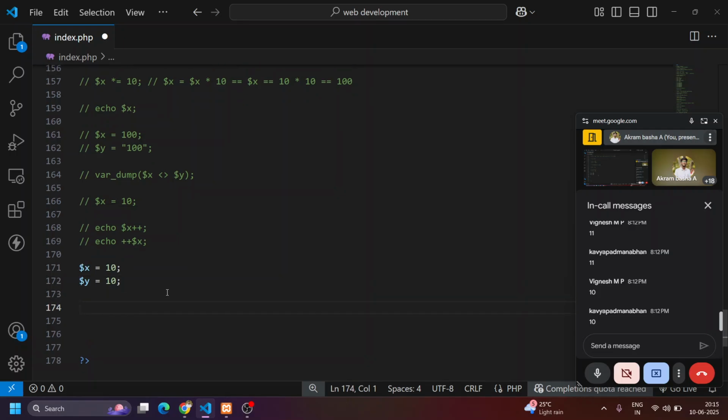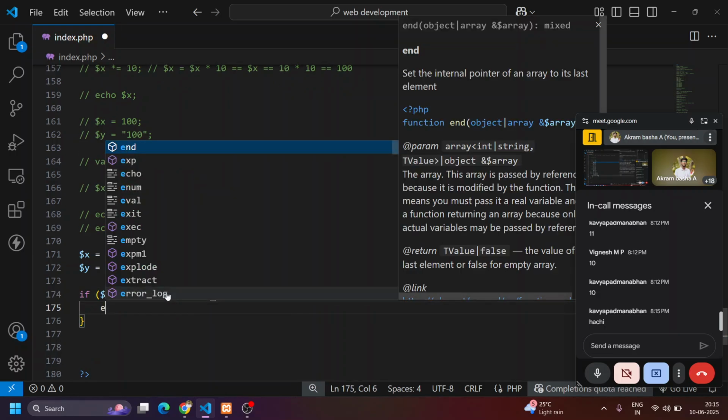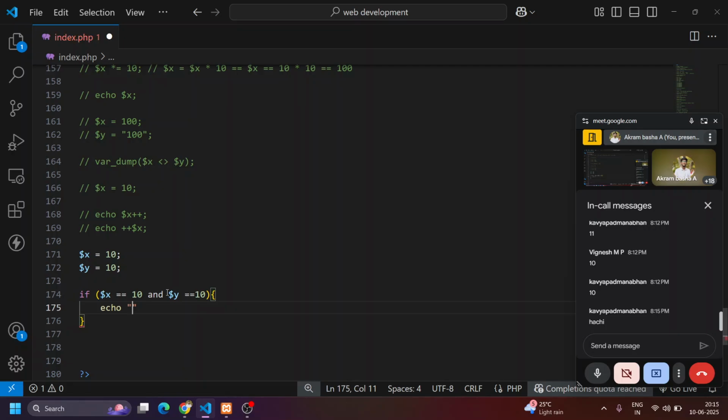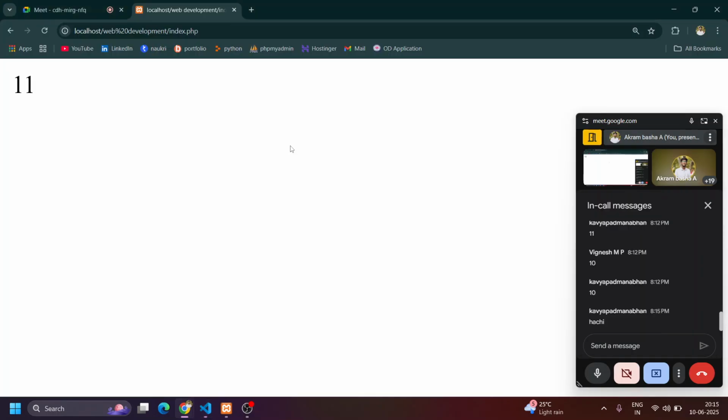Now I will write a condition: if $x == 10 and $y == 10, then echo "both are equal". If not, I will not print anything. Here both conditions should be true, then only it will print the output. Let me show you. Both are equal